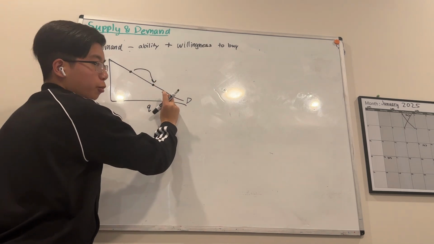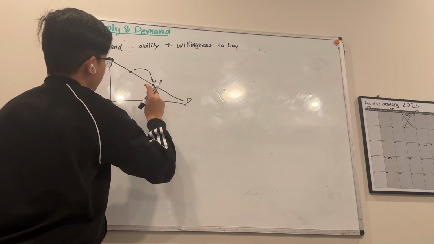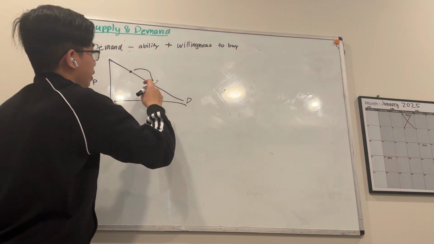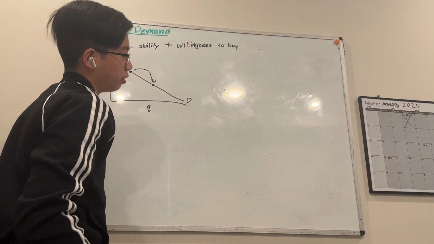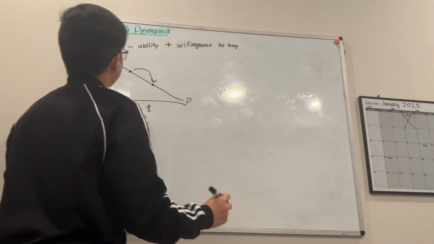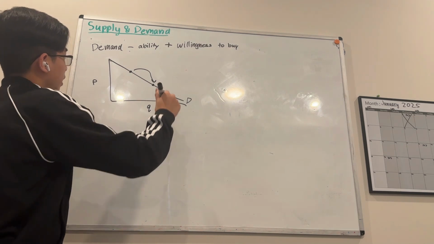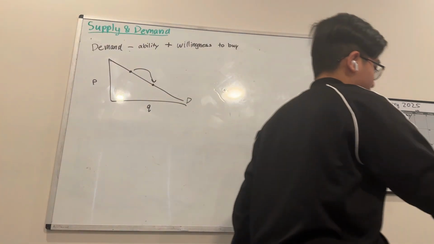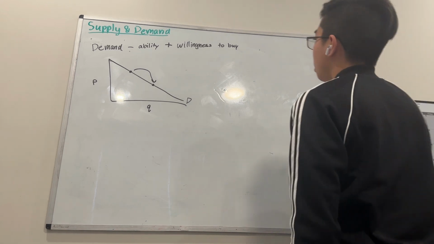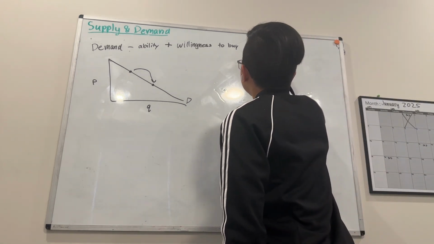This is a movement along the demand curve. This is a price reduction. This will cause the quantity to increase, but the price is lower. Now, if there's a change in one of the determinants of demand, then this whole curve will shift. The determinants of demand are